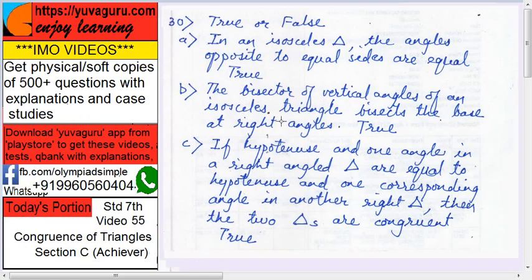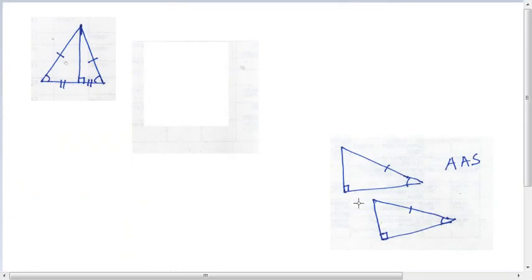If the hypotenuse and one angle in a right-angled triangle are equal to the hypotenuse and one corresponding angle in another right triangle, then the two triangles are congruent. True. See this. This is a right-angled triangle. These two hypotenuses are congruent and one angle is congruent. Then what happens? This test, although it is not the RHS theorem, right angle hypotenuse side, is the AAS theorem. By the AAS test, it is